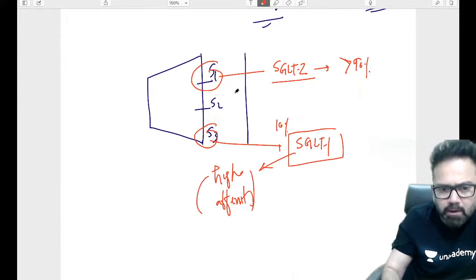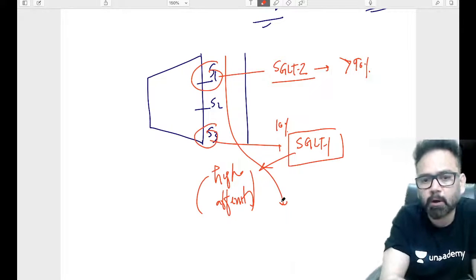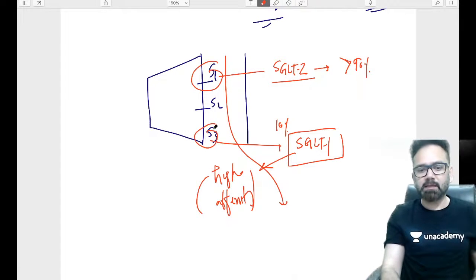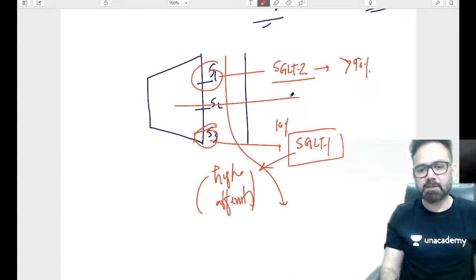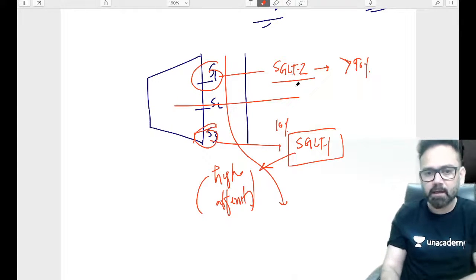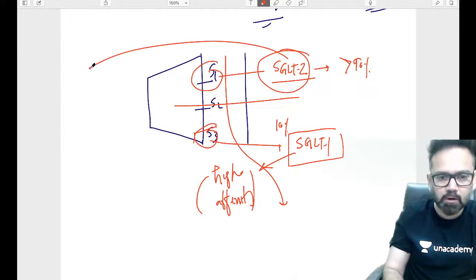because you don't want any sugar to go beyond this point. So this is very sensitive. Okay. Capacity is very high for SGLT2. That is why in diabetes we give SGLT2 blockers, because we want to inhibit glucose reabsorption.